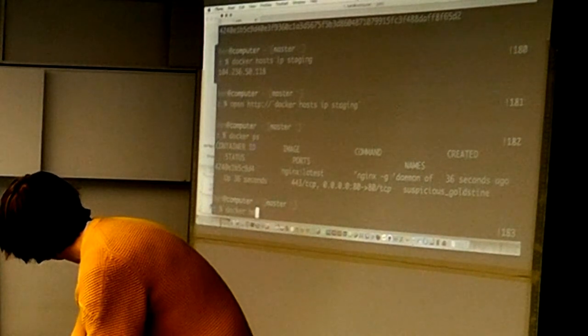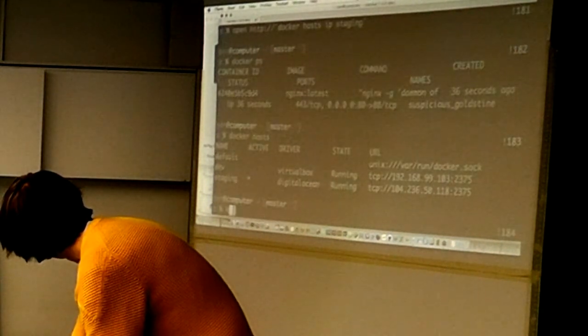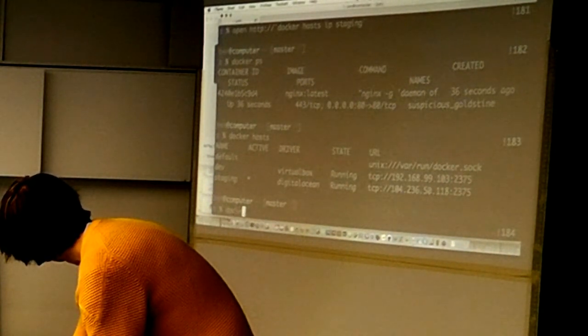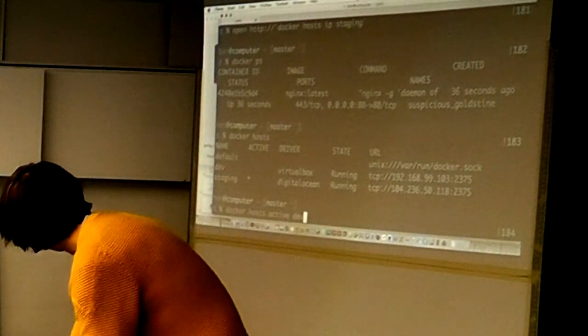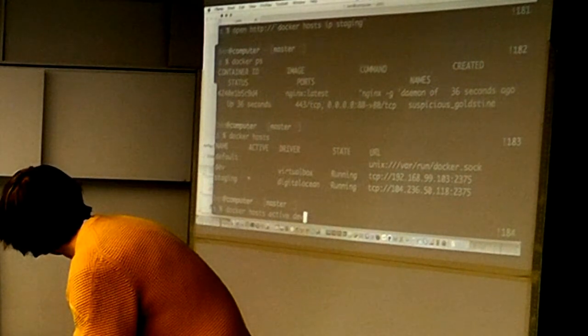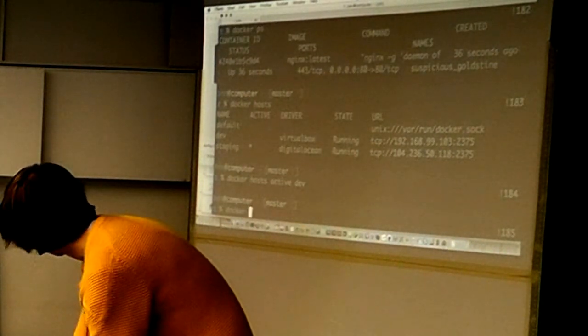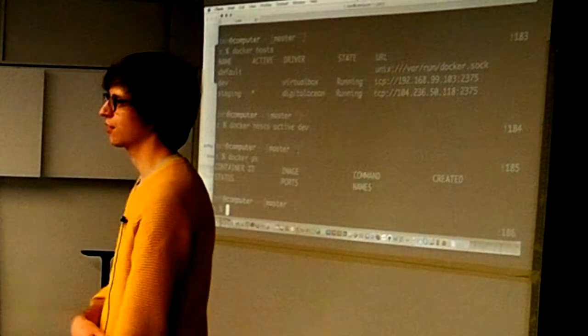We can also run docker hosts active, which will select a new active host. So that's selecting my VirtualBox host again, and nothing's running on that because that was my local machine. And that's kind of how it works, and that's kind of what it is.